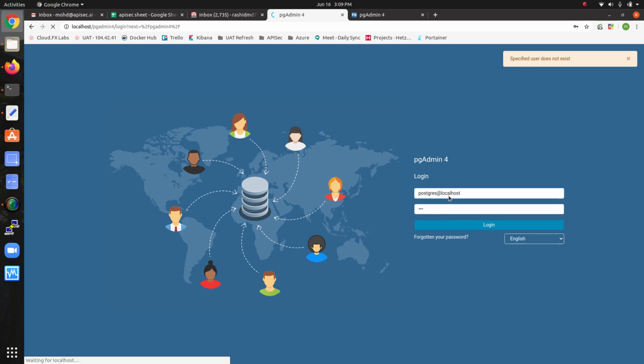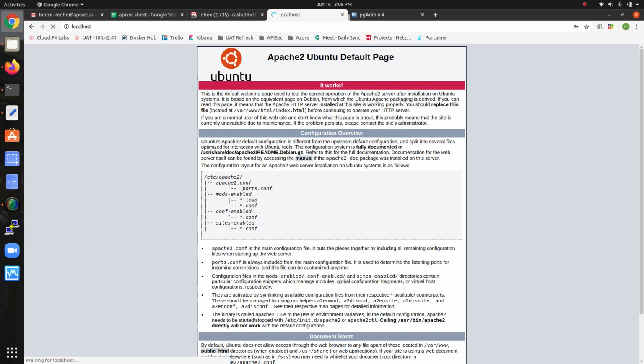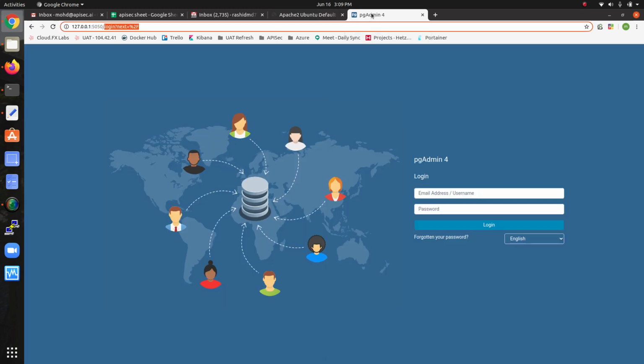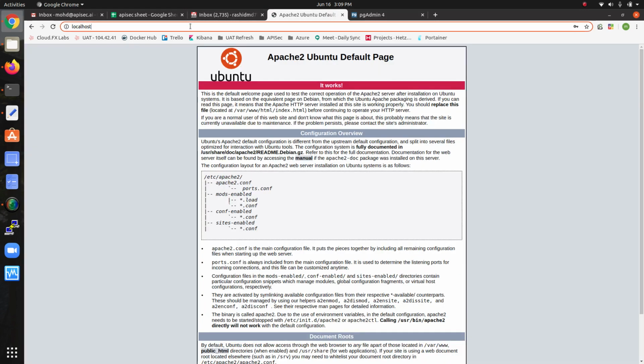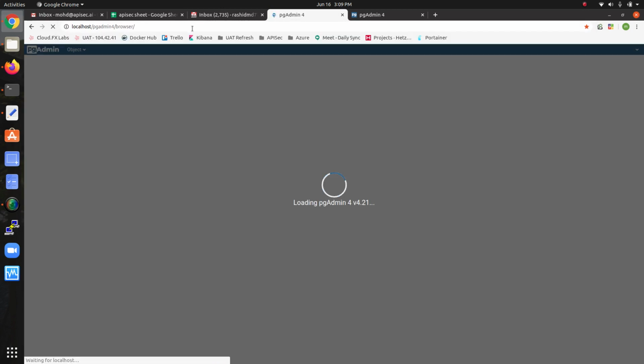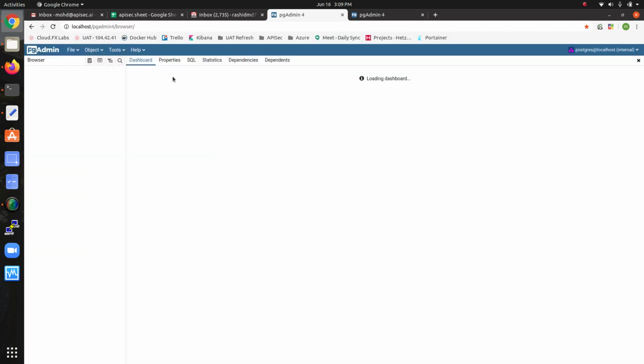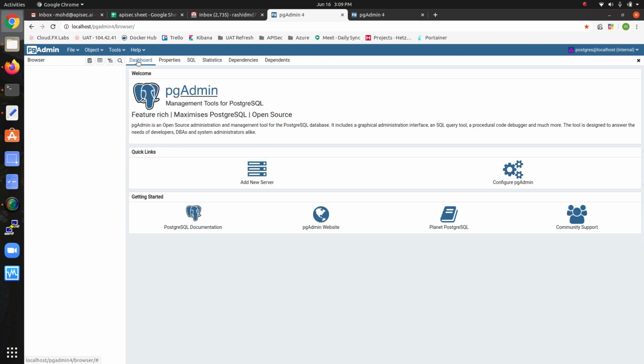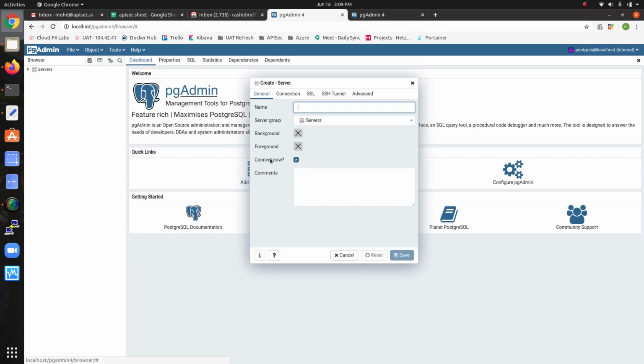Let's check, and here we have logged in successfully. Let me refresh this page, /pgadmin4. You can see I've logged in, and this is my dashboard, and I'm going to check my server here.